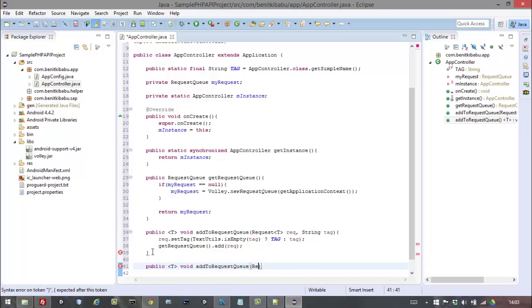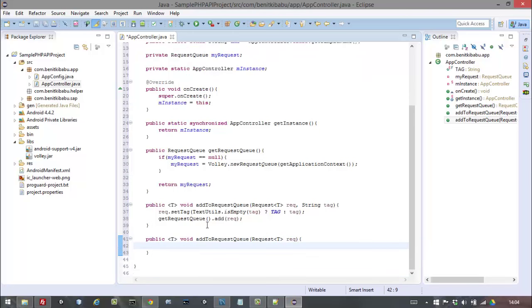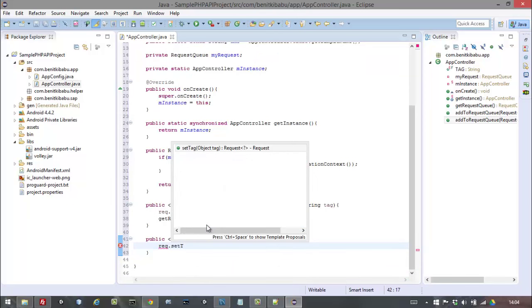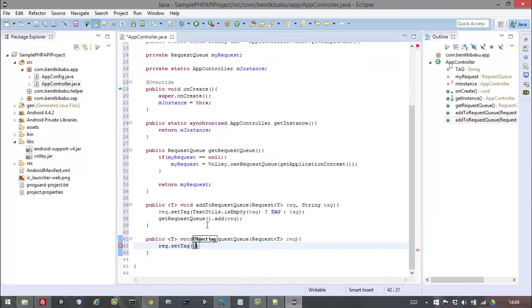This time this one only takes in the request, so Request<T> req, and then this one says request.setTag. We just set the tag to tag. So set the tag to the main class TAG,